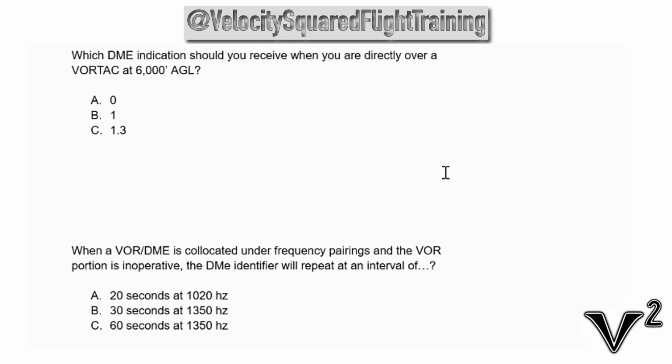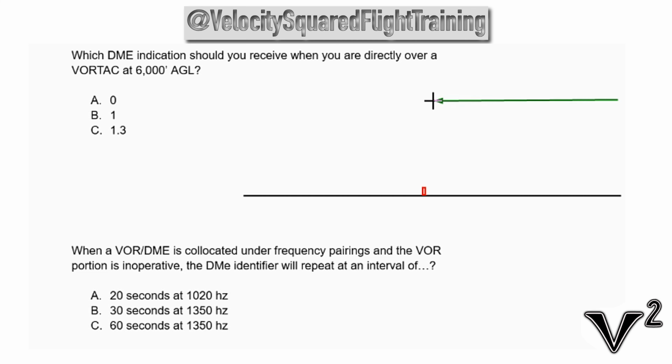Last two here. Which DME indication should you receive when you're directly over a VOR at 6,000 feet AGL? All right. So what this question's asking is, if the ground's right here and you've got a VOR station right here, let's say. Now you're flying this direction, okay? You're flying over here, and then here you are over the VOR. You're at 6,000 feet above the VOR. What's your DME read? Well, this one's pretty simple because